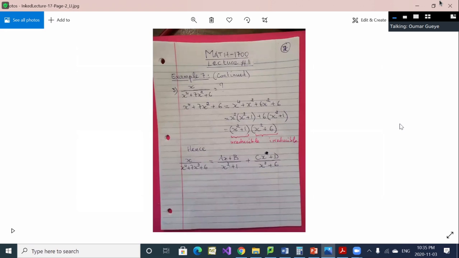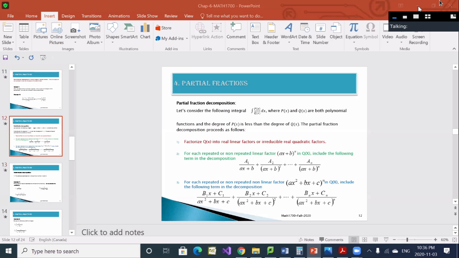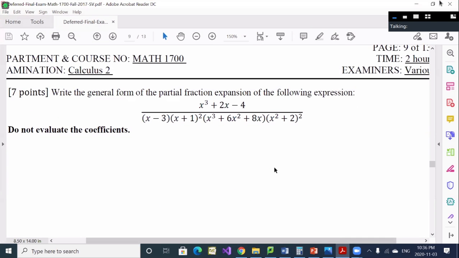All right, to make sure you guys understand how to get the partial fraction decomposition, I'm going to give you one question coming from a past final exam, I guess. You can find the partial fractions, and later we'll see how to apply it in order to calculate the integral. Okay, here it is. It's just the final exam of